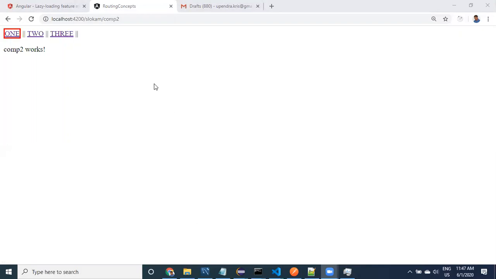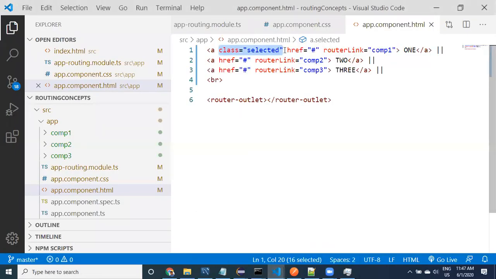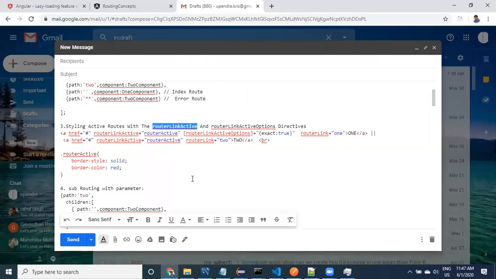For that, what you can do is, we have created the CSS, right, to know which one is selected by the user, and at runtime it has to change. Instead of providing this class directly, we need to use, check it out, guys, a concept called router link active.